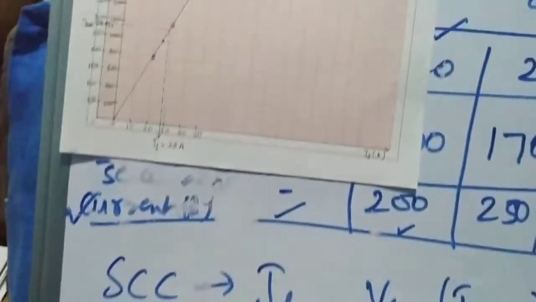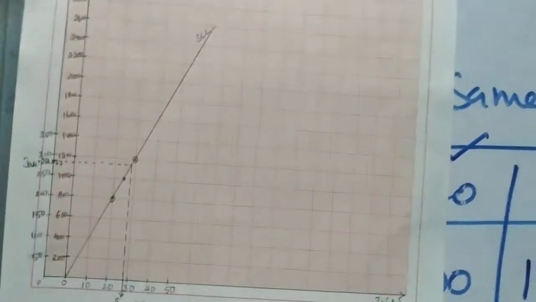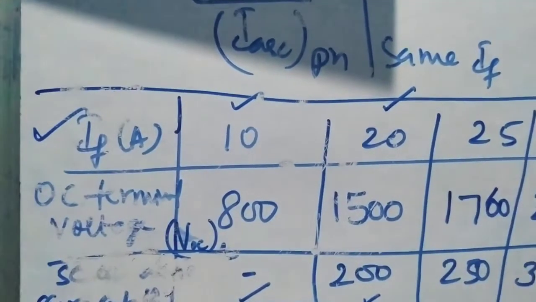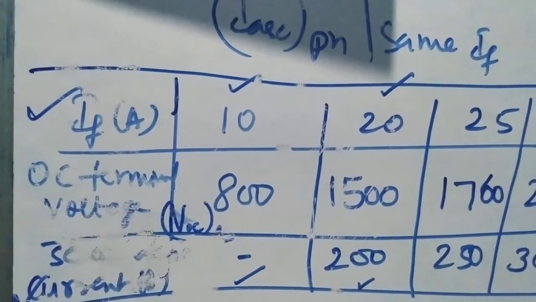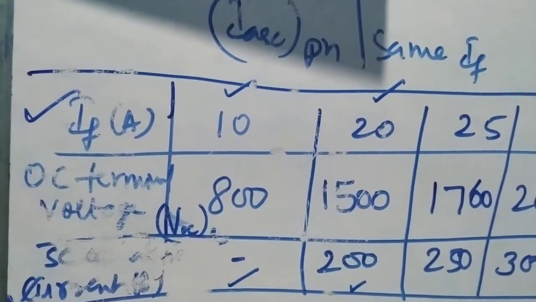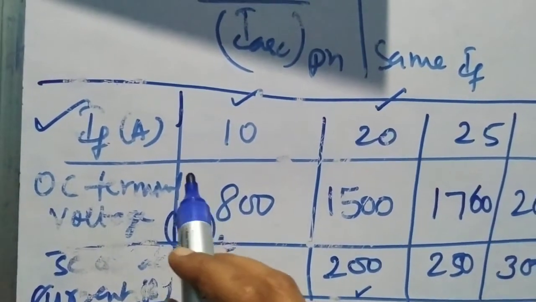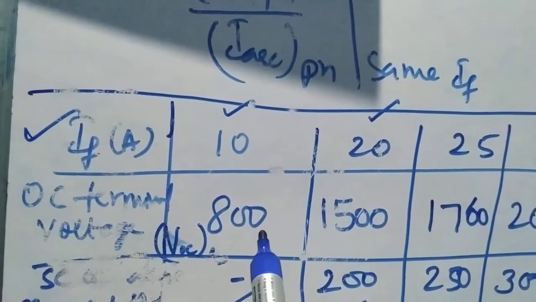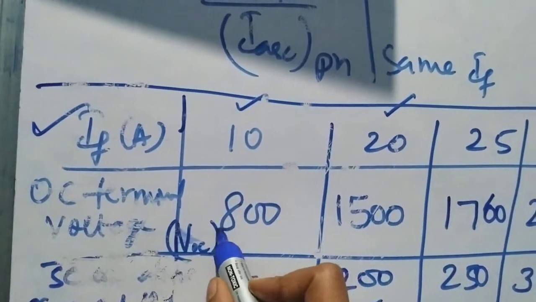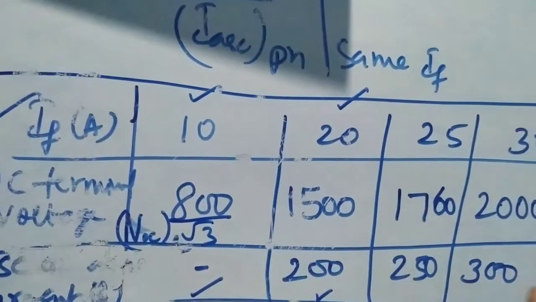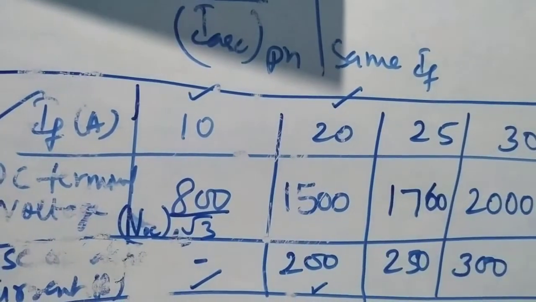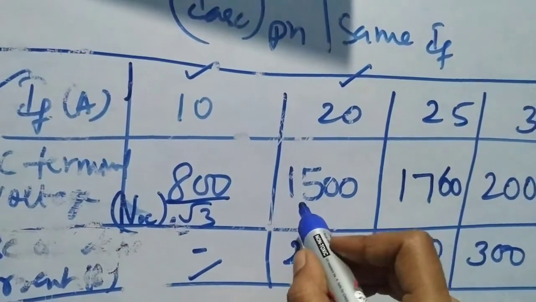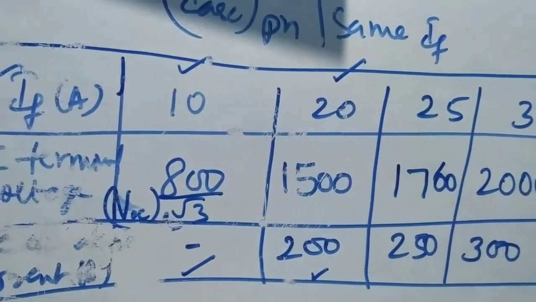So now let us draw the OCC curve for the corresponding values. To plot this, we have to see whether the given data is phase voltage or not, because if they have not mentioned anything, it will be in terms of the line voltage. So we need to convert this into the phase voltage by dividing all these values by √3 so that you can get the VOC phase. So let me solve all this by dividing the values by √3.